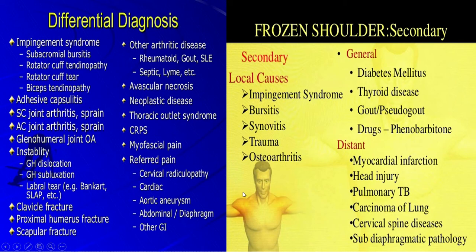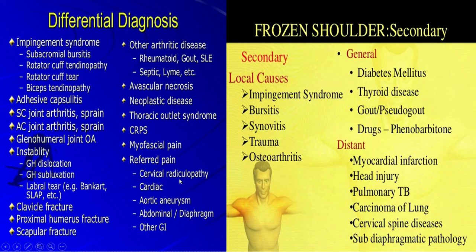If you see a sharp pain over the acromioclavicular joint, it is called acromioclavicular sprain. Then there is pain due to instability or dislocation, a previous dislocation of the shoulder joint, also coming from an old malunited clavicle fracture. Along with that, you can see diseases like avascular necrosis, aneuplastic disease, or thoracic outlet syndrome, CRPS, myofascial pain,